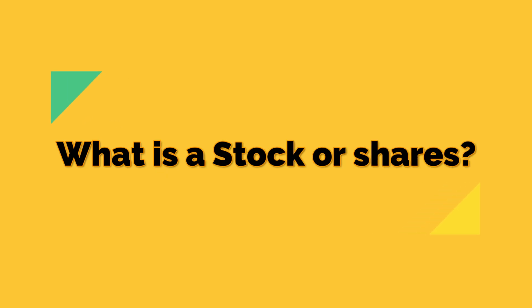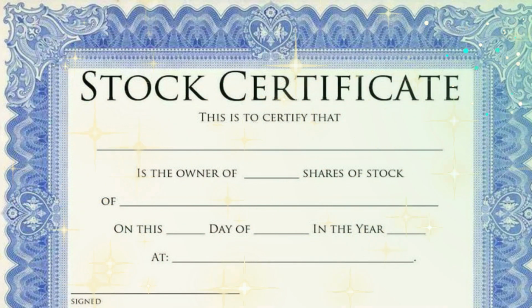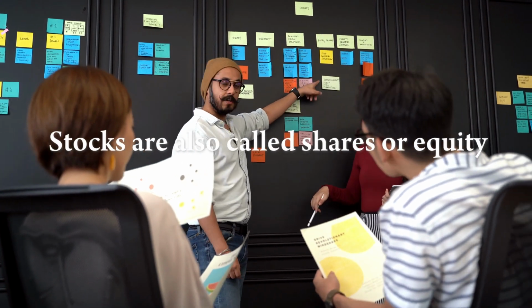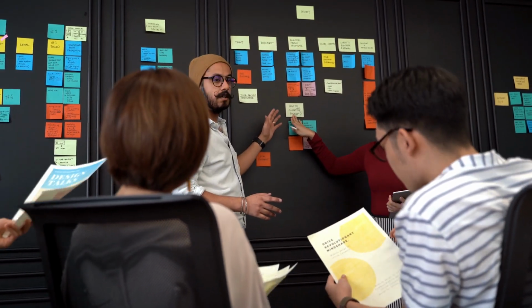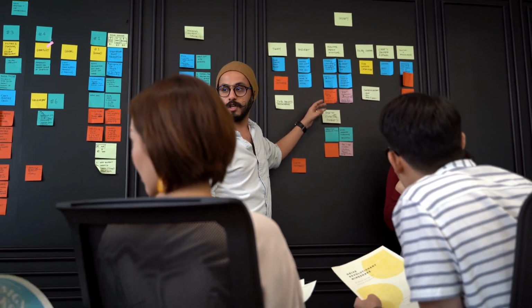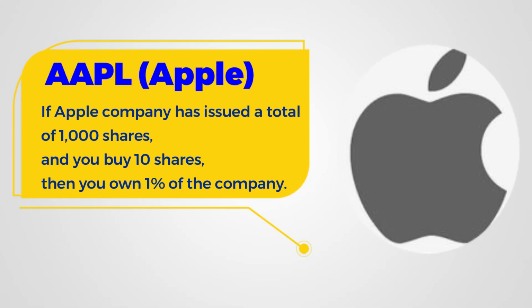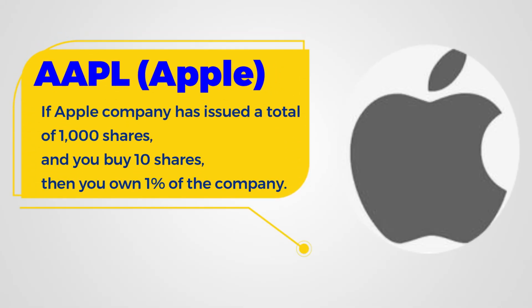What is a stock or share? A stock is a financial instrument that represents ownership in a company or corporation and a proportionate claim on its assets and earnings. Stocks are also called shares or equity. The total value of the company is divided into shares, and each share represents a portion of that value. For example, if Apple Company has issued a total of 1,000 shares, and you buy 10 shares, then you own